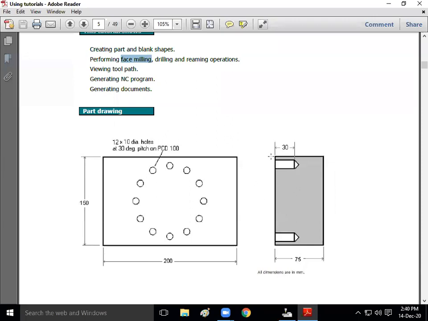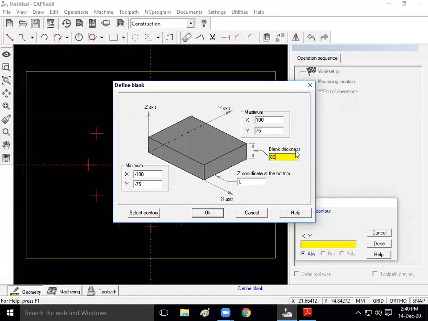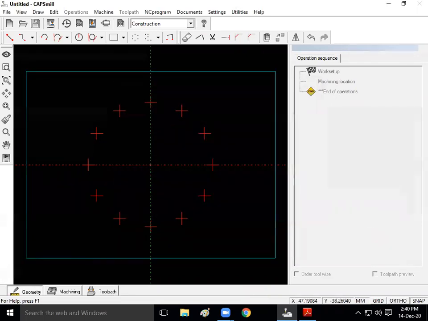So initially I'm going to specify the thickness of this part as 80 mm, and I'm going to do the face milling by 5 mm so that the final thickness will be 75 mm. That's why I've given the blank thickness as 80 mm, and the Z coordinate at the bottom should be the negative of the thickness of the part. Click on OK. After this, I'm going to switch on to machining.